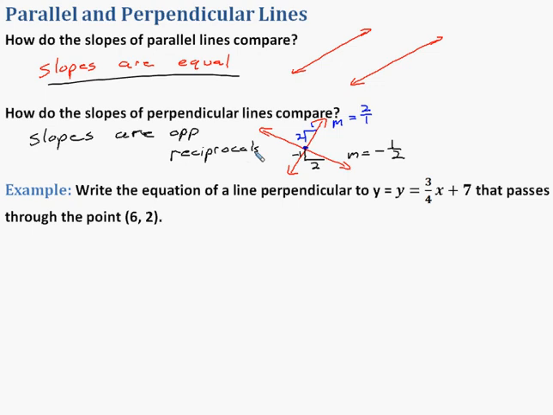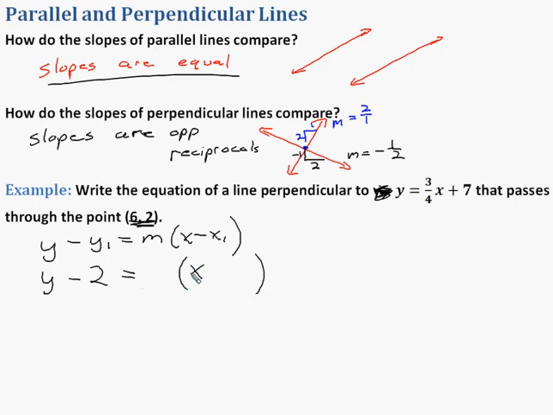reciprocal. So here we have an example. It says write the equation of a line perpendicular to y equals 3/4 x plus 7 that passes through the point 6,2. Well, we're going to use point slope form again for ones like this, because we don't know the y-intercept right away, so we're going to use point slope form. And so we need to plug in a point and a slope. Well, we have a point right here, so we have y minus the y value, which is 2, equals, I don't have the slope yet, and we'll talk about that in a minute, but let's plug this in,